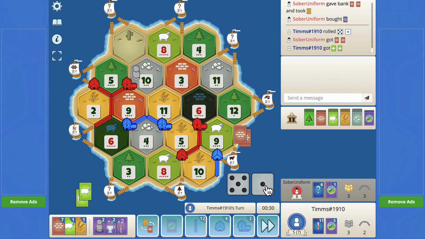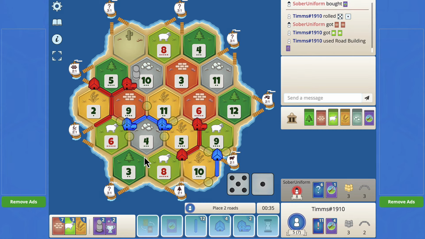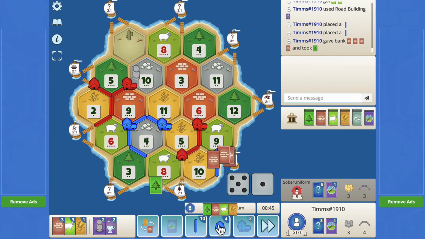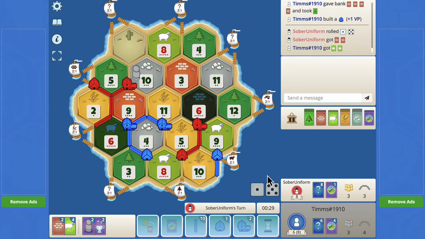Buys a dev card. Let's go ahead and... yeah, do this. 1, 2, 3, 4. For a wood. And do that. And now we wait. 6s are coming in hot. 6s are giving him a free card, but...